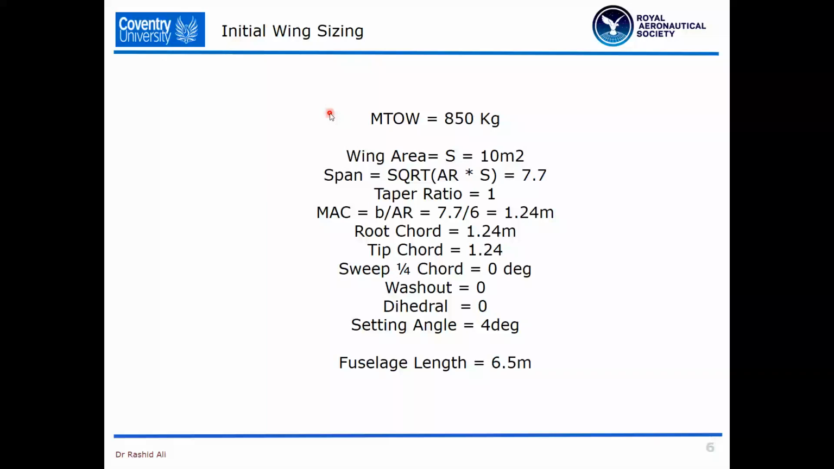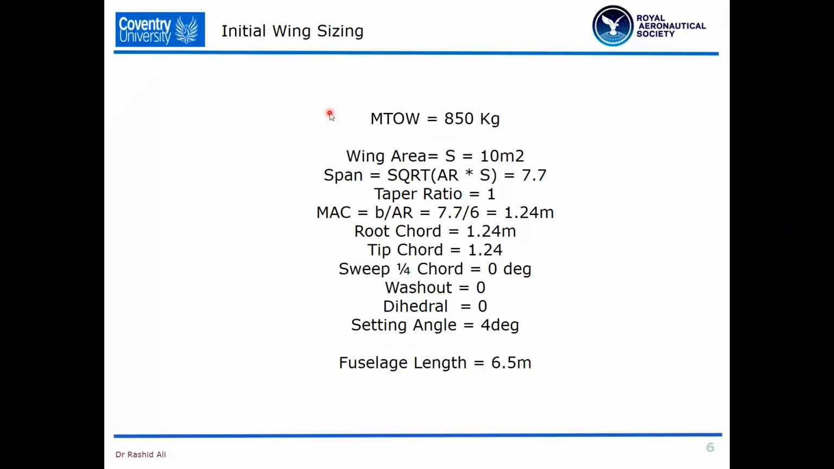So how do I make it simple? I take a planform wing, taper ratio of 1, I have the same root chord, tip chord, I've chosen my aspect ratio, I've chosen my wing loading, I've chosen my maximum takeoff weight, I have the wing area, I have the aspect ratio, I can then determine my span. The aspect ratio is b squared over S. So it's very simple. So once I have